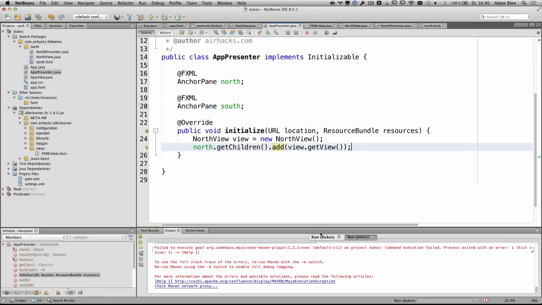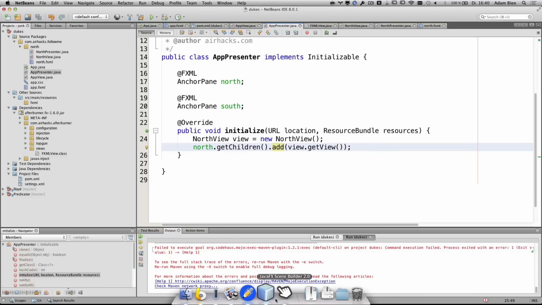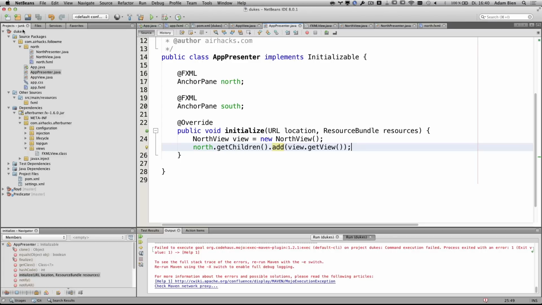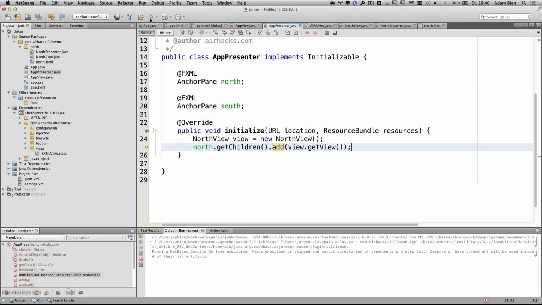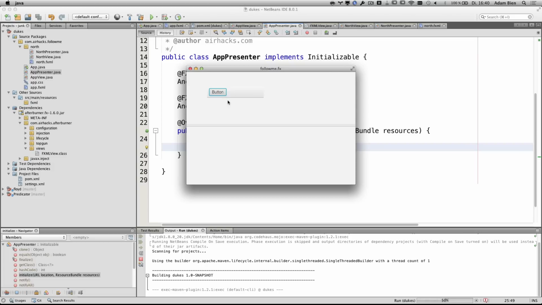Doesn't. Oh, this is my standard. Now it's saved. Hopefully it works now. So you see the beautiful view. So this is about the partition. And now it can be as complex as you like. This was the basic idea of partition. I will skip the south view because it will be exactly the same.